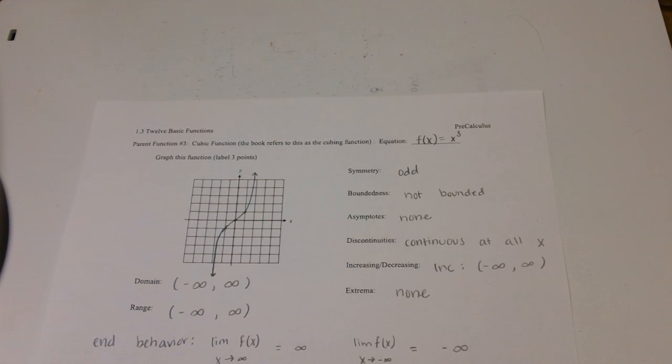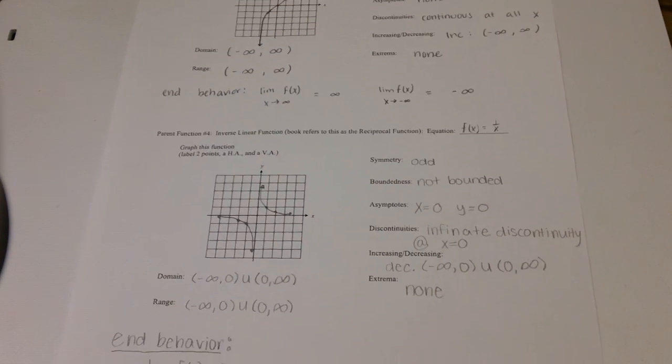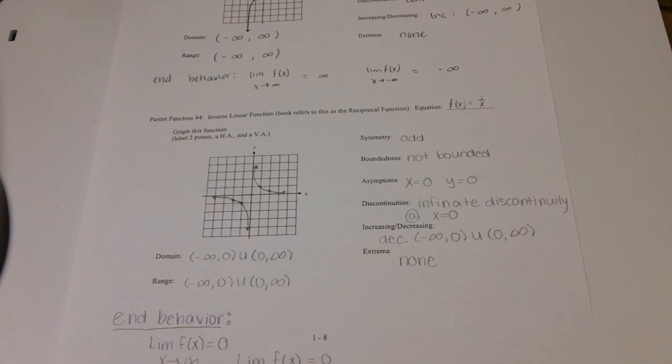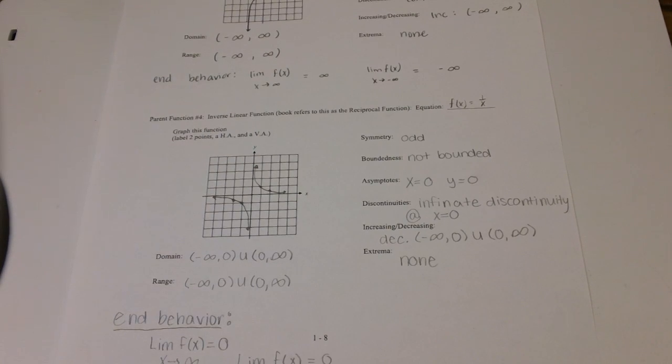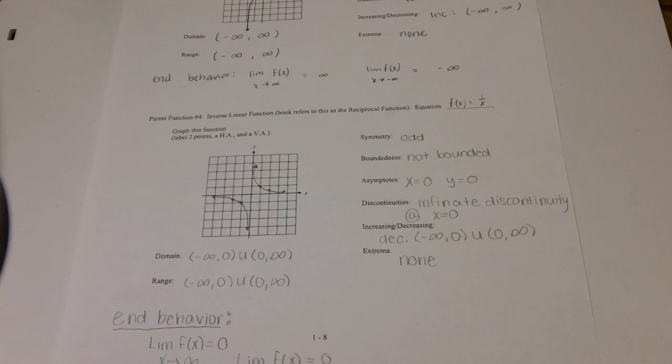For the parent function f of x equals 1 over x, this is the graph. The symmetry is odd, and it is not bounded. The asymptotes for this function are x equals 0 and y equals 0. It has an infinite discontinuity at x equals 0, and it's decreasing from negative infinity to 0 and 0 to infinity, and there are